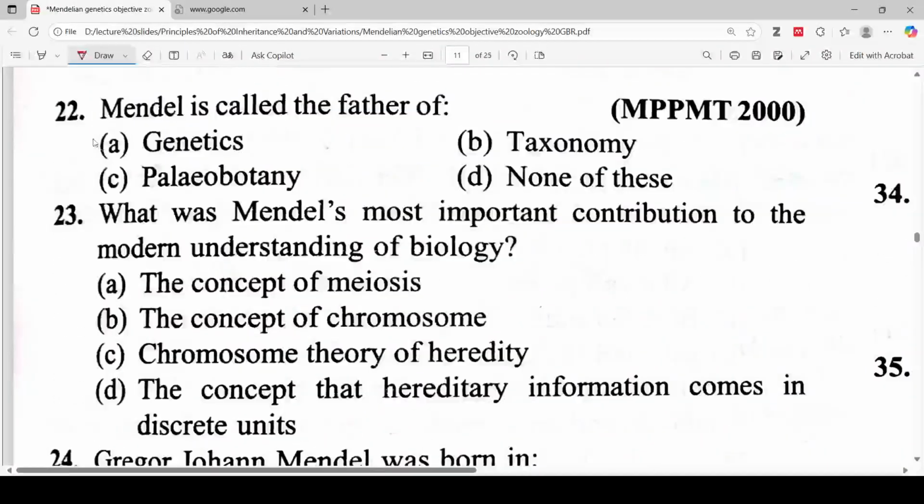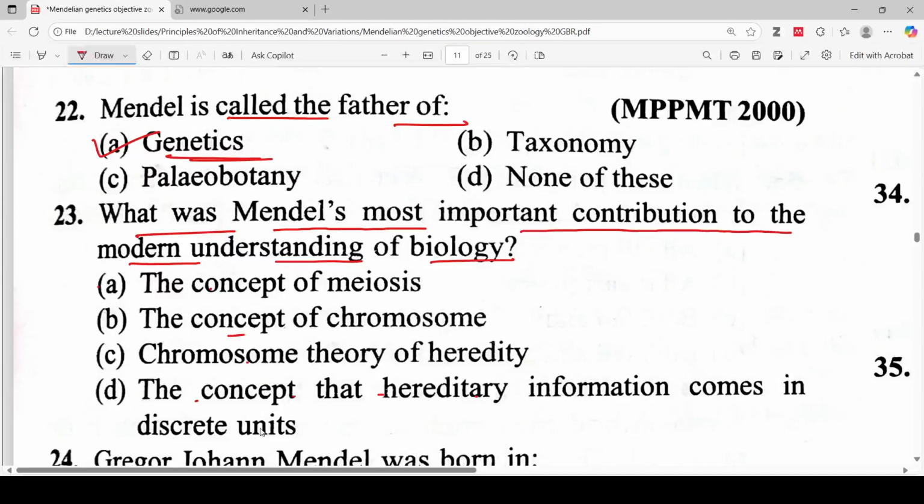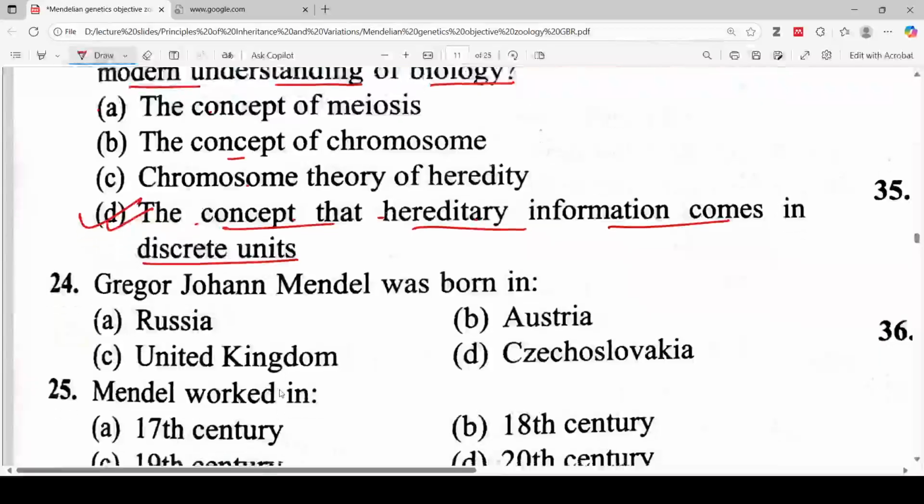So next question, Mendel is called father of genetics. What was Mendel's most important contribution to the modern understanding of biology? Option A, concept of meiosis, option B, concept of chromosome theory of heredity, the concept that heredity information comes in discrete units. So the correct answer is option D, the concept that heredity information comes in discrete units. So next question,